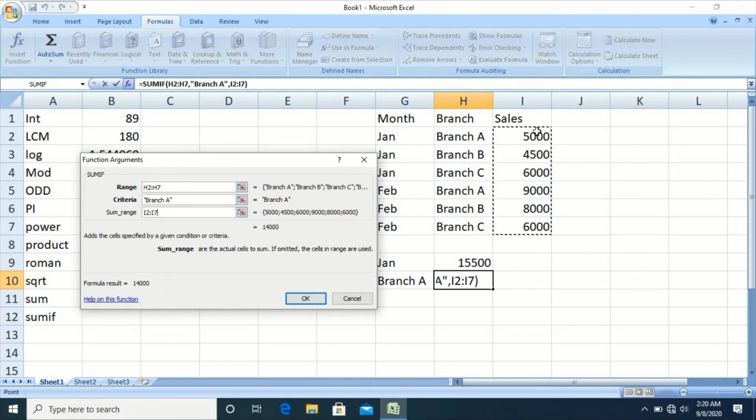So here only sales of branch A will be added, that is 5,000 plus 9,000. So SUMIF will return 14,000. This is how SUMIF function can be used to add only those values which satisfy the given criteria.